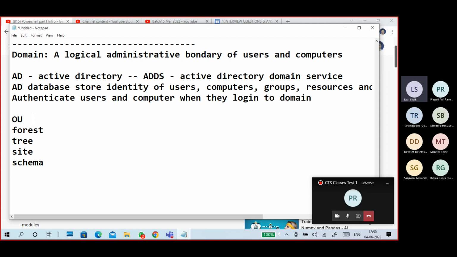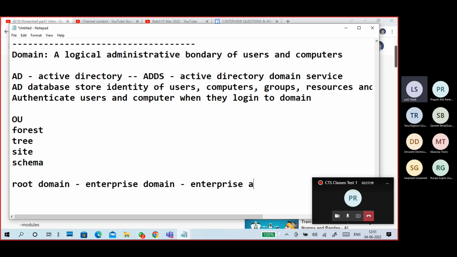Next, forest is a collection of domains and domain computers. We have domain trees, domains, and the forest level. We have a root domain. When you create a root domain, automatically a forest is created. So it is also called the enterprise domain, and the admin is the enterprise admin.